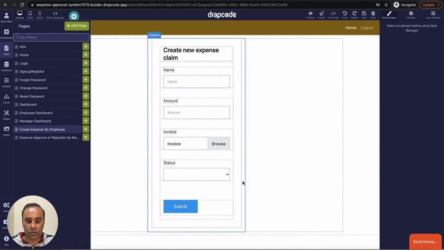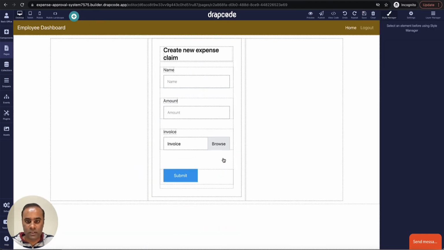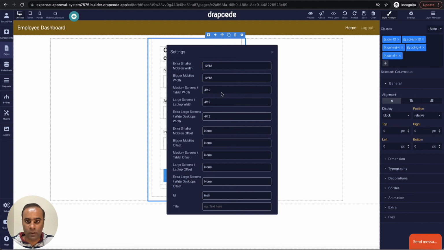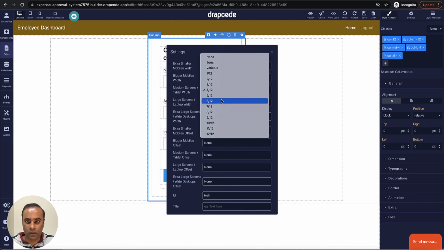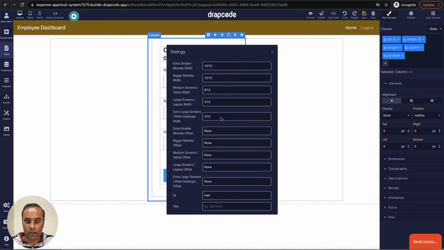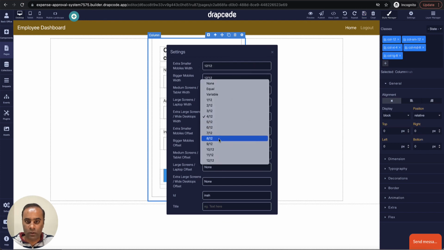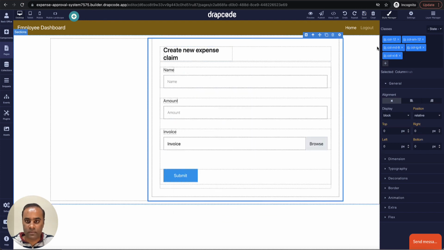It's not looking good. I'll remove the status, delete this column, and maybe make this column a bit wider. 12, 8. This is working on a grid layout, which was from the responsive system.